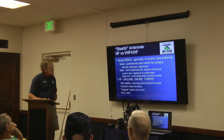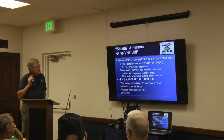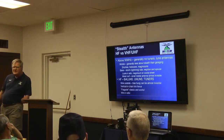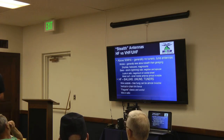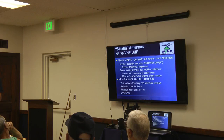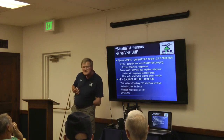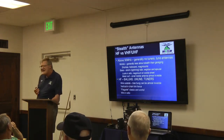an electronic tuner. My experience with mobile antennas is when people talk about stealth antennas for mobile application, what they're really concerned about is not breaking off their antenna like I've done 6 times on my Kia pulling it into the garage. My wife knew how many antennas I've replaced on the Kia. Anyway,